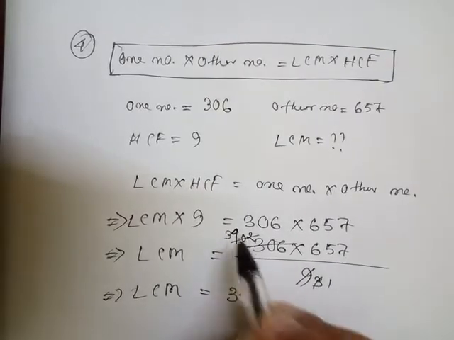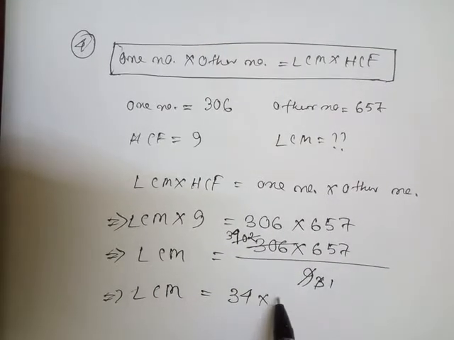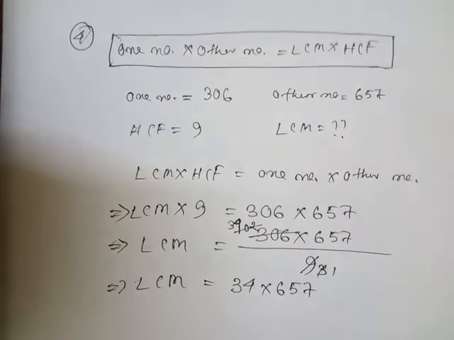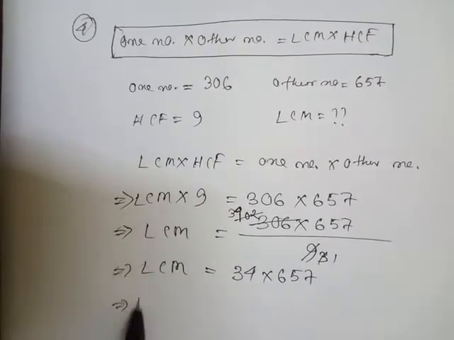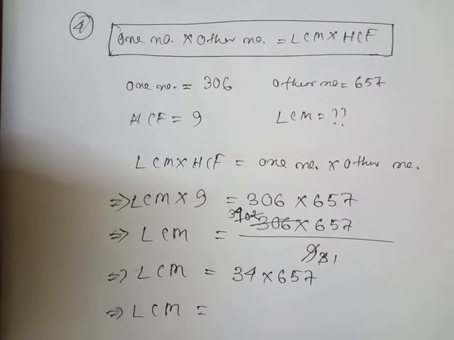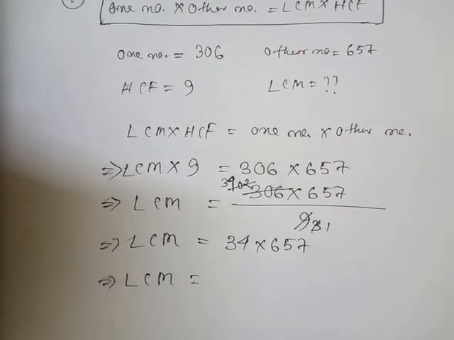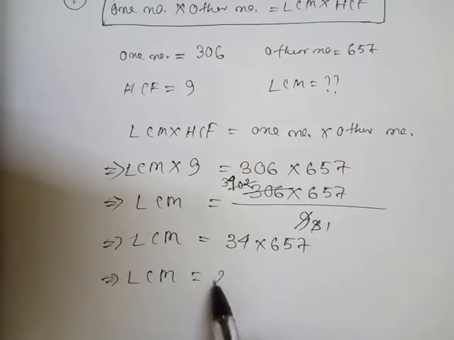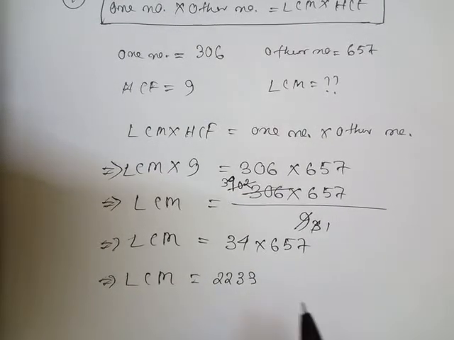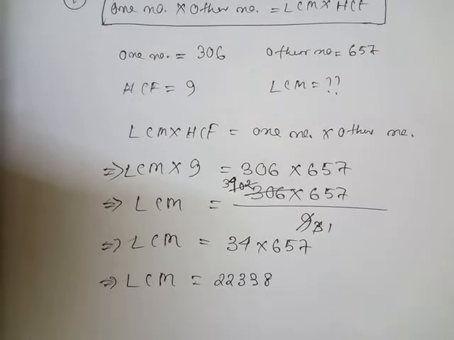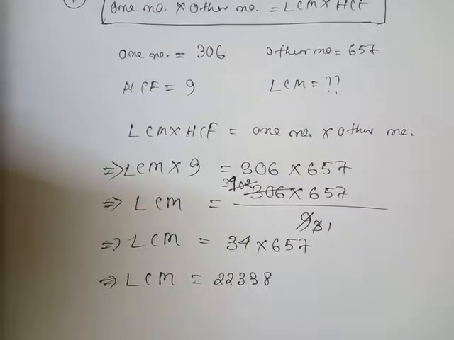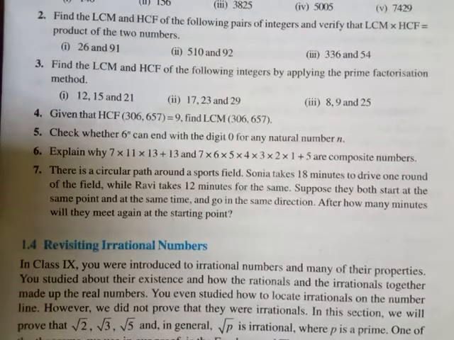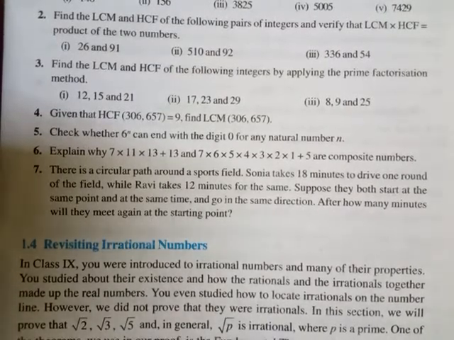This is 34 into 657. Now if I go for the multiplication here, what is the answer? After multiplying 34 and 657, the answer is 22338. This is the answer of question number 4. Now student, look, question number 5: check whether 6 to the power n can end with